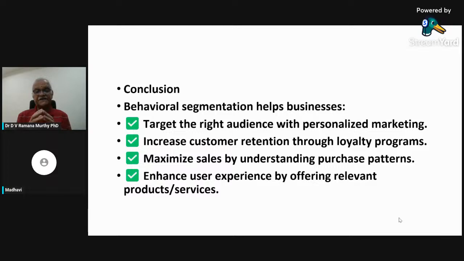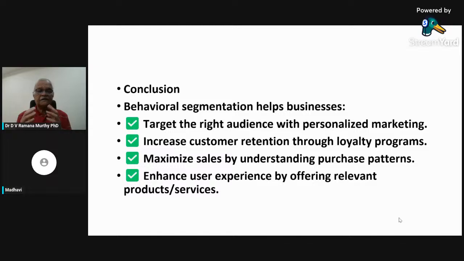The purpose here is to present the right product at the right time to the right audience with a right marketing approach. Then increase customer retention through loyalty programs. Loyalty programs are price discounts, some other price offers, for example, supplemental product offers, for example,